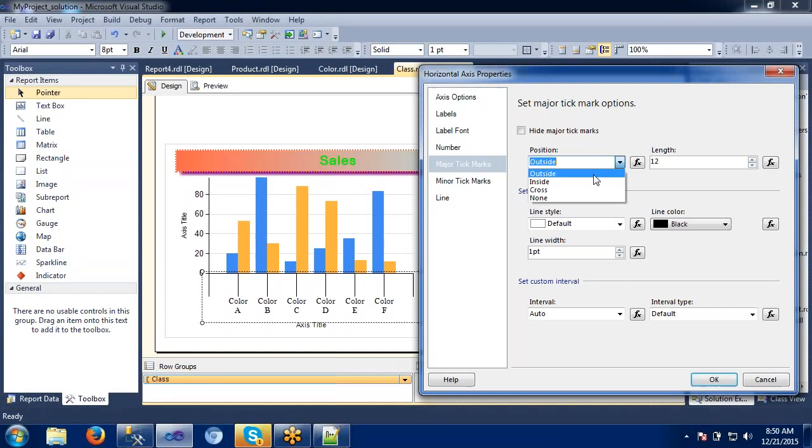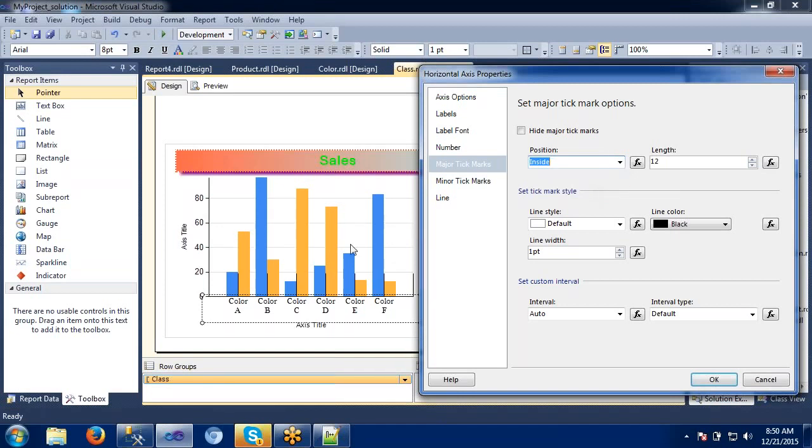If you make it inside, then it takes the inside position. And if you want dotted lines, double lines, or thick lines, we can use this. We can try whatever options are available here.